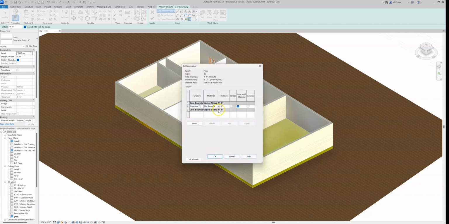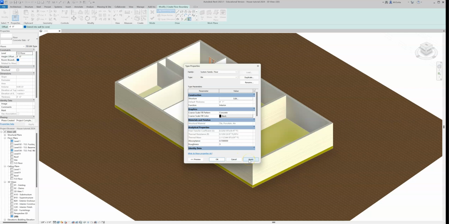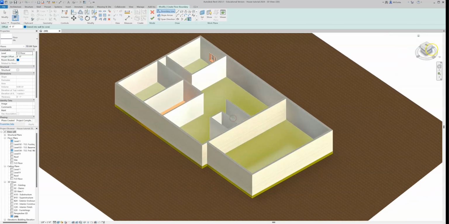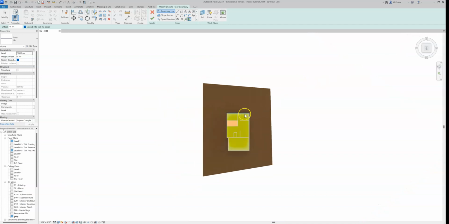Say OK. Change the thickness to 1 inch. Don't forget that step. Then OK. Apply. OK. Now, I recommend you go to a perfect top view so that you can draw a rectangle or